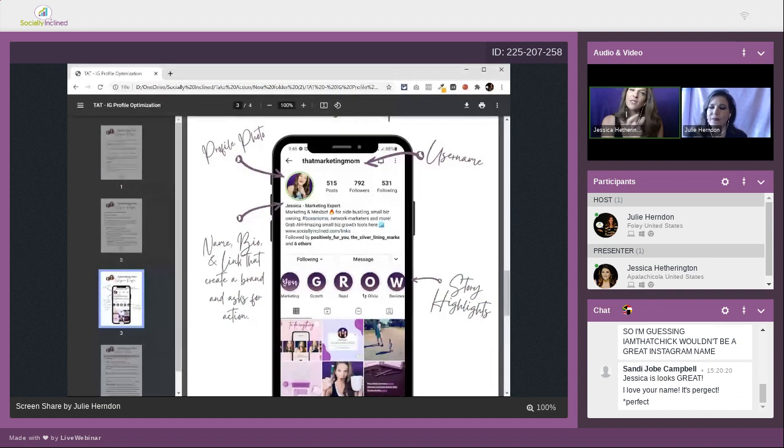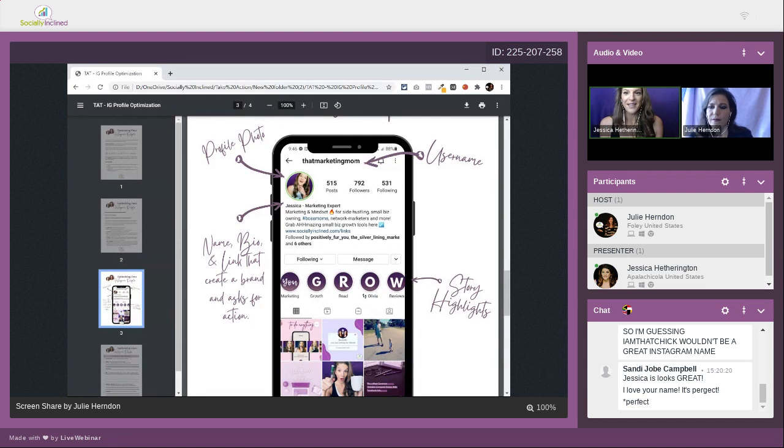All of this is with the caveat that you are trying to grow a business on Instagram, which is, I imagine, why you're here. You want to have a business Instagram account, especially if you want to use our dashboard to post, and if you want all of the analytics, which you do, because what you can track, you can grow. So I would strongly suggest making sure that you have a professional, business profile on Instagram. But your handle should not just be Sandy.